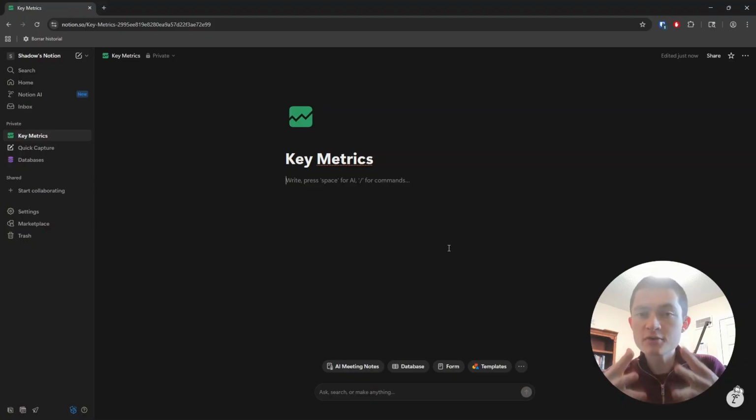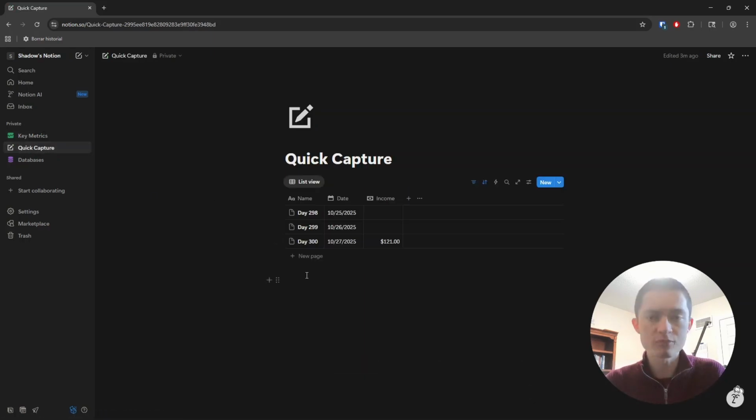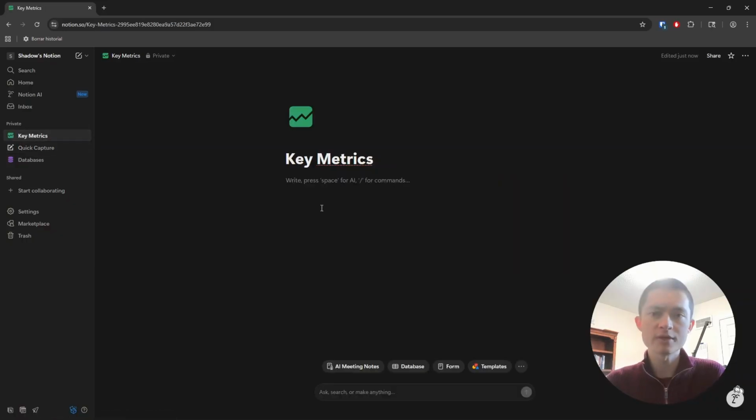Now, before you actually create any of your charts, you should take a second to ask yourself, what exactly do I want to see? Because there's a lot of different ways. Because we're just capturing the raw data here in the quick capture tab, we can slice and dice it in a lot of different ways. And if we just go with the default of what Notion will create for us, we might make the mistake of creating a chart where each of the lines of a bar chart,